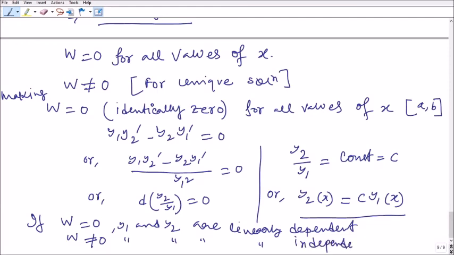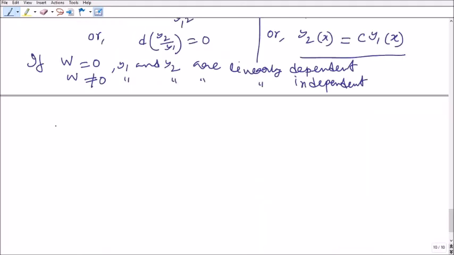So this is the criterion, which we are proving, that is the condition for y1 and y2 to be linearly independent. We are talking about independent solutions. So if y1 and y2 are independent solutions,